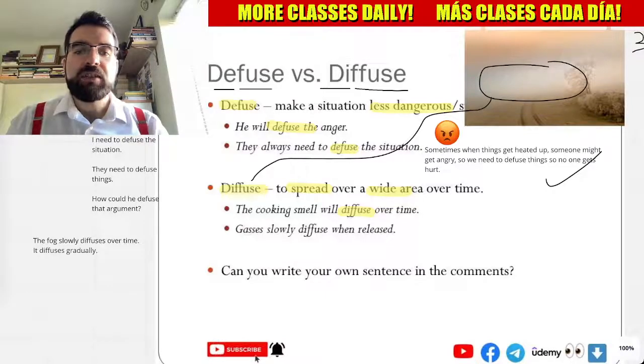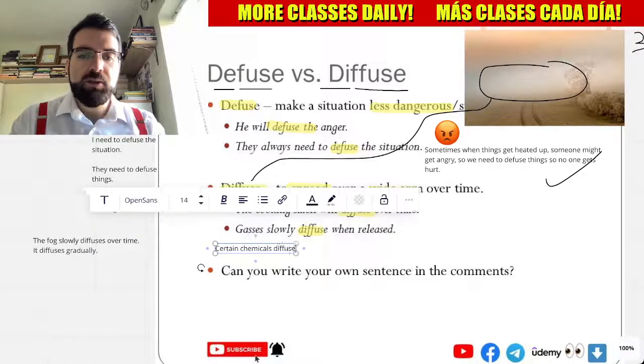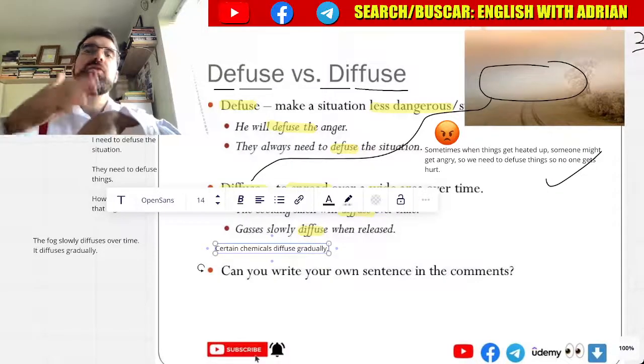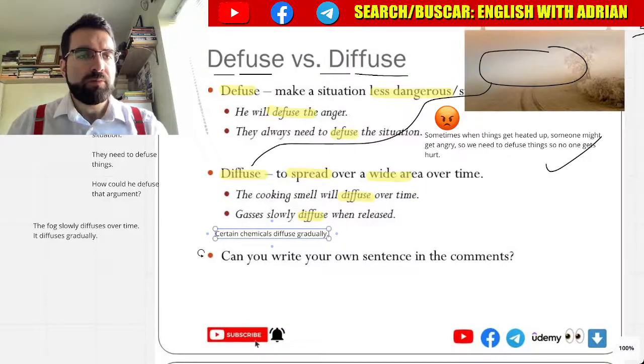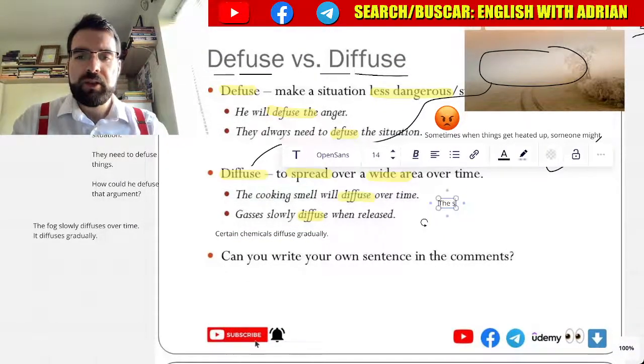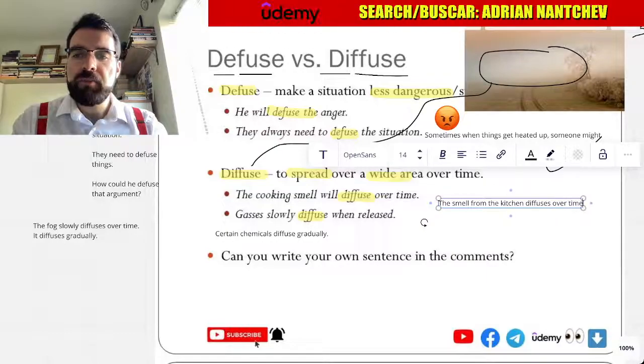So gases slowly diffuse when released. Certain chemicals diffuse gradually. The smell from the kitchen diffuses over time, especially when the cooking has stopped.